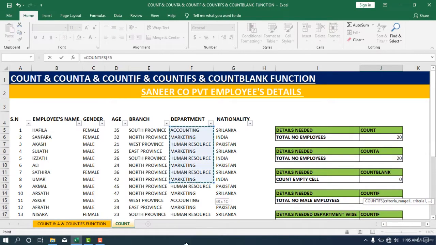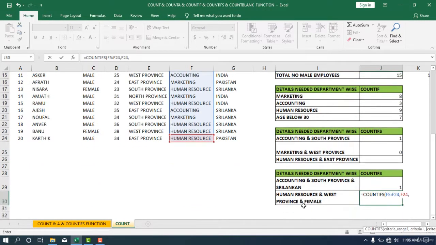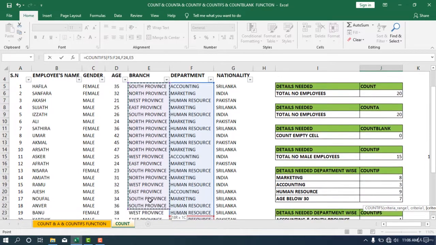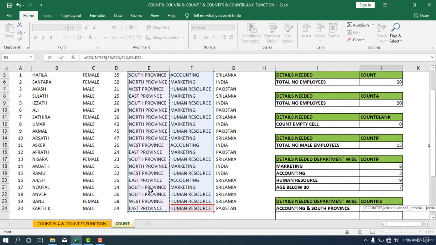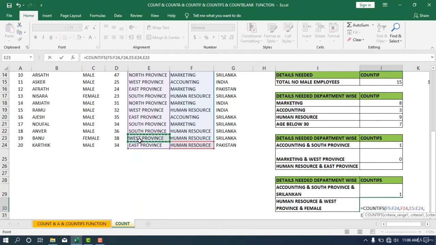So we need to choose the department column, all department column, then comma, criteria is human resource, comma, the second criteria is West Province. So we choose the branch column, all branch column, comma, they need West Province, right? So I'm going to choose the West Province, that is the criteria,